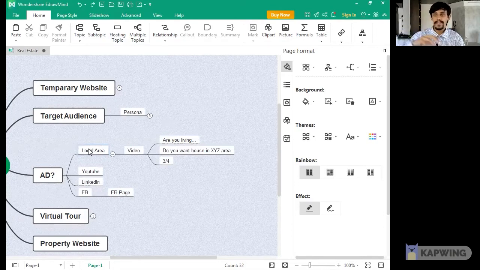When you show this to people who need a property in the Saudi area, they will say, oh, there's a property in the Saudi area, oh, there's a pool, there's a park, oh, this is how it looks, this is the area, this is for me, because the ad says, hey, do you want property in the Saudi area? Then they will click on your video, jump to your website and fill in the form. Then this is a highly capable lead. This is the lead you want.